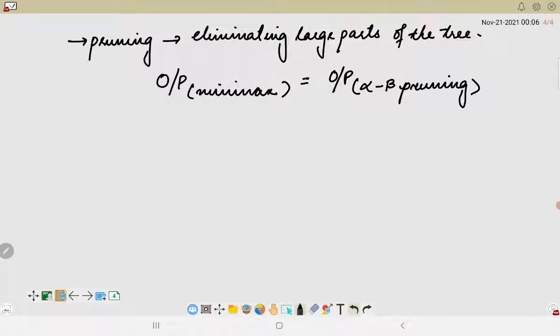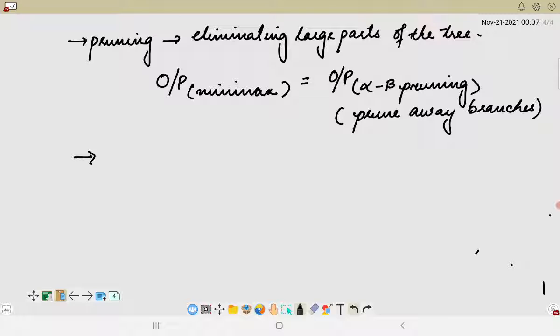However, the only difference is that in alpha beta pruning we can prune away, or simply eliminate, the branches which do not have any influence on the final decision or the final output. Now, Minimax search is depth first, so at any one time we just have to consider the nodes along a single path in the tree.